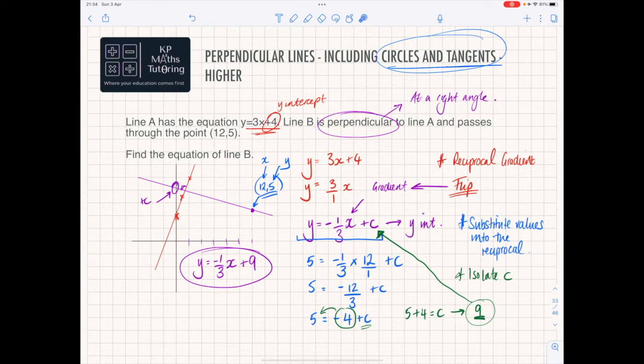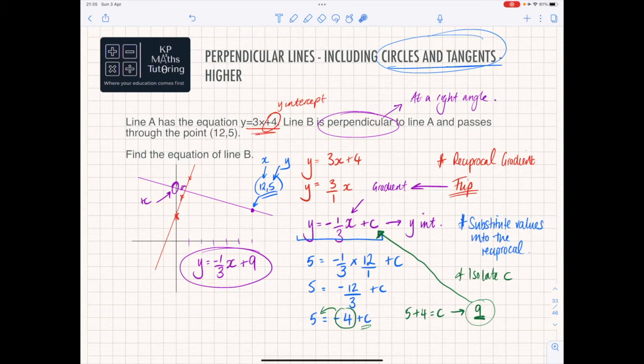Okay, so just a quick recap. First thing you do, find the gradient of the initial line, your baseline that you want to look at, and that's given to me in this one. Sometimes this won't be given to you, and we'll look at examples of that in a minute. Then you flip it upside down. So turn it into a fraction, flip it upside down, and if it's already positive, turn it negative. Once you've got that, you take your values that you've been given in the question and substitute into this perpendicular equation, rearrange it to isolate c,